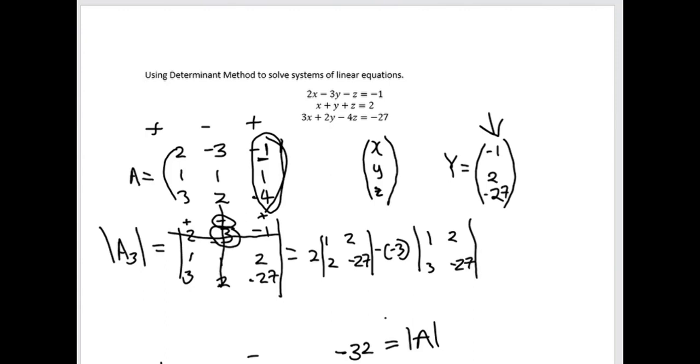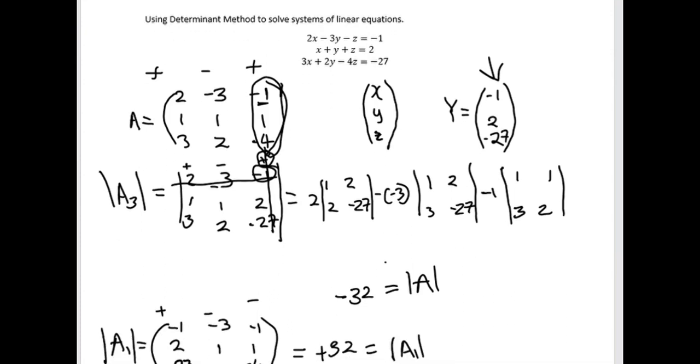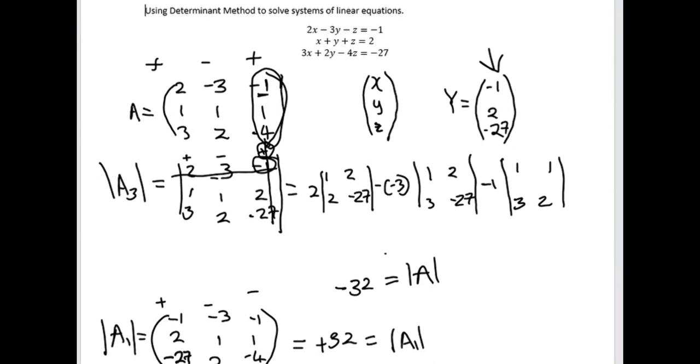And for the last element here, plus negative 1, that's still negative 1, 1, 1, 3, 2. Okay. So this will be equal to